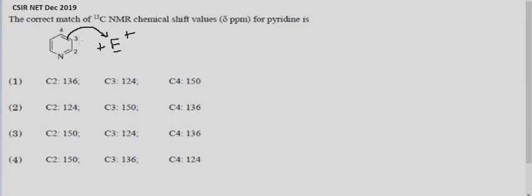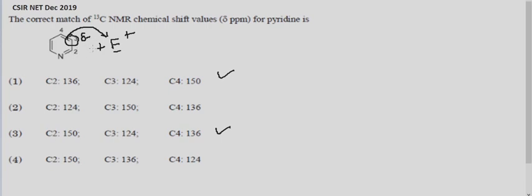When this undergoes the resonance structure, it builds up a lot of delta negative over this side. That means this side is more electron dense. When there is too much electron density, that means it is more shielded. When it is more shielded, obviously position 3 takes up a much lower value when compared to that of 4 and 2. So you look at the options now. Option 1 has C3 having less, likewise option 3. So now we have to check whether 2 or 4 will have a higher value.